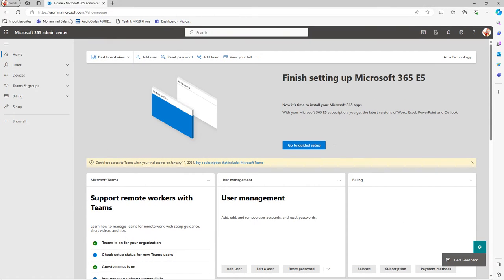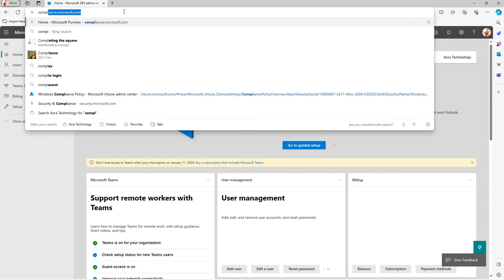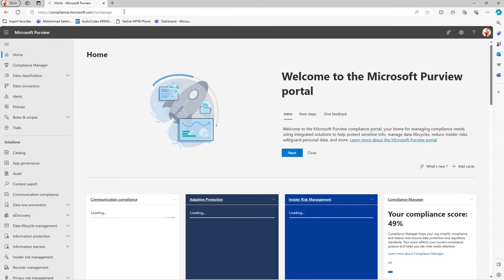Here, this is my test tenant. I'm going to go to the Microsoft 365 Purview or Microsoft Purview portal, or compliance.microsoft.com. I should be in a compliance administrator role group. Now, once you're assigned the proper roles and you do have licenses for it in your tenant,